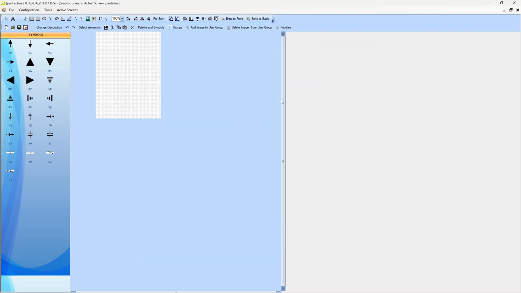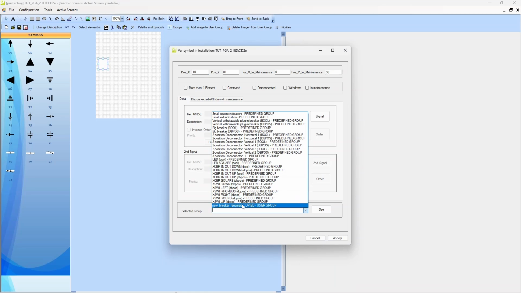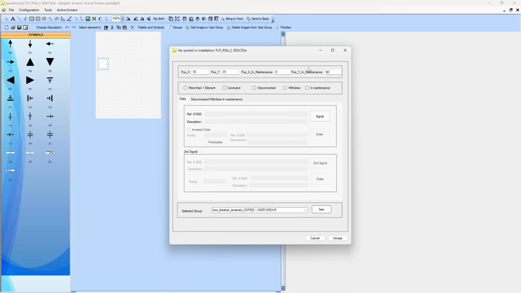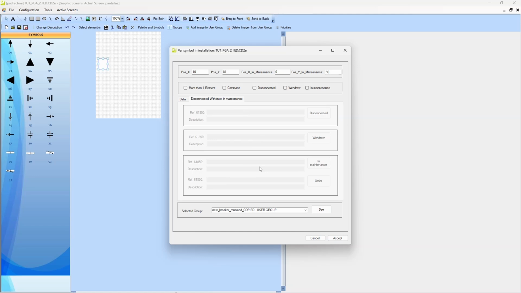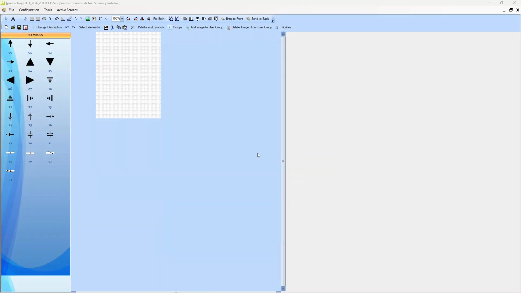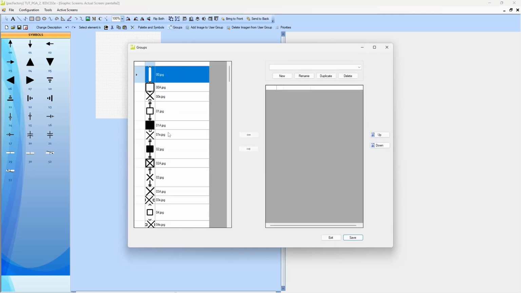Now that the image group has been defined, it will be available in the Selected Group menu when configuring an active element for our local display. In addition to selecting the image group and the signal, which will be represented in the display, active elements can also have other features enabled. These additional features do also have an effect on the image groups and the representation of active elements. Therefore, it may be necessary to first understand which images are selected for certain signal combinations and configurations to correctly configure customized image groups.